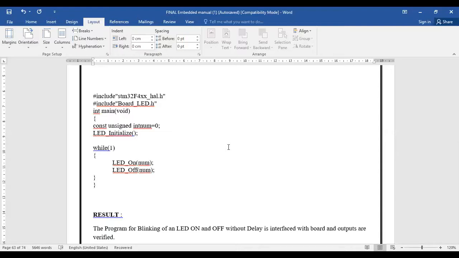For that we have to include two header files. The first is stm32f4xx_hal.h. This is a header file we will be using for our interfacing purpose. The other header file refers to the peripheral we are going to use, which is our LED.